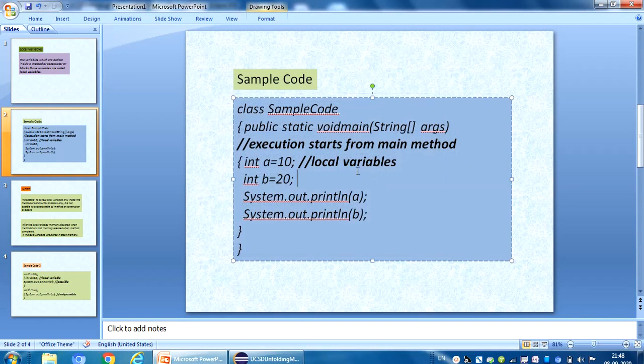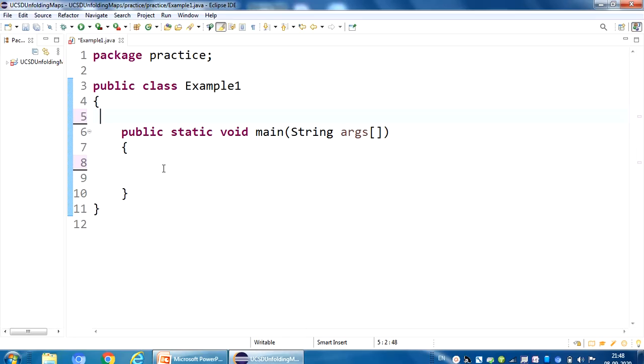When I execute, you can clearly understand. I am declaring two variables, int a equals 10, int b equals 20. These are my two local variables. Now I am going to print the local variables.